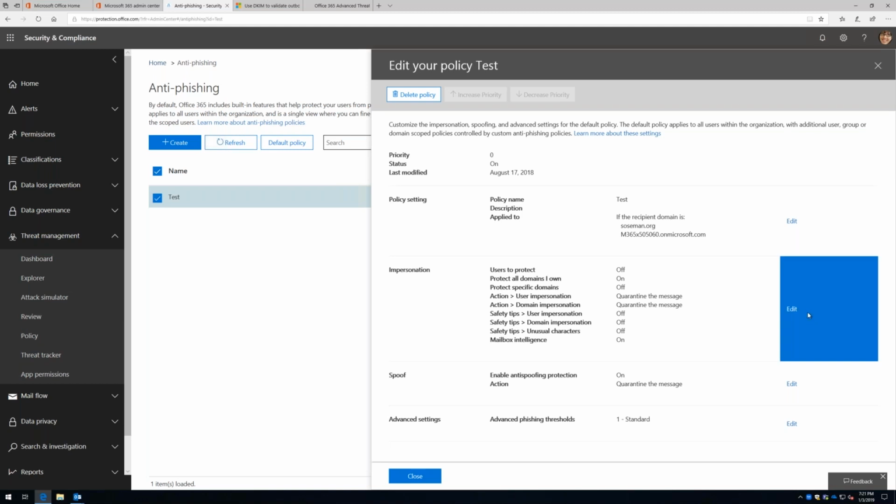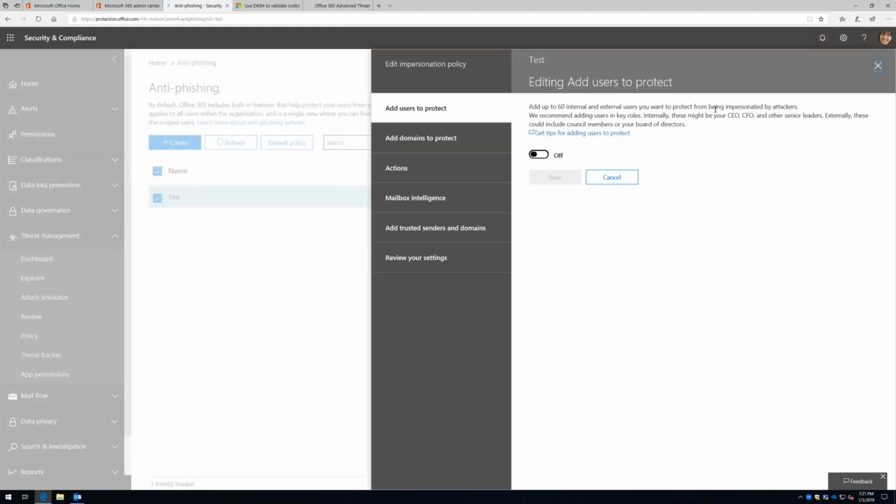So I'm just going to click on edit here. And so this allows me to protect VIPs, if you will, from being impersonated by attackers. It may not make sense to protect everybody in the company. If I'm just a regular individual contributor, just a regular employee, the chances of me getting spoofed is probably slim to none, right? Because after all, I don't have any value, right? However, if my role in the company is somebody that deals with money, CFO, accounts payable, maybe somebody else on the leadership team rather, then I'm going to be of more value to that attacker. And they're probably going to want to impersonate me.